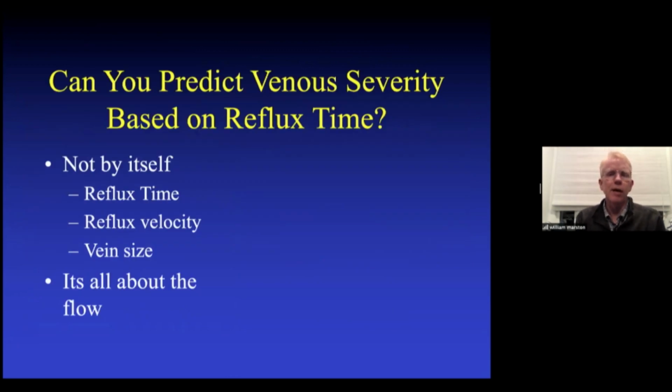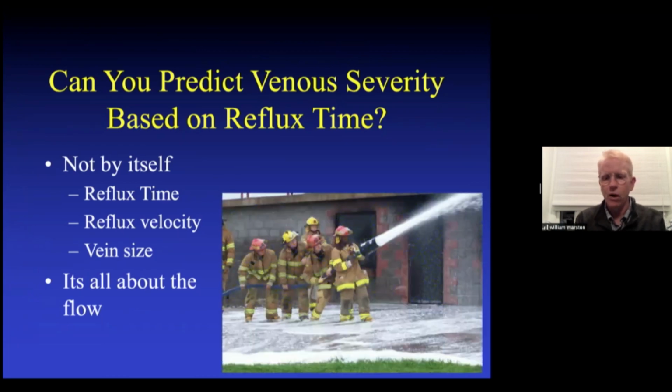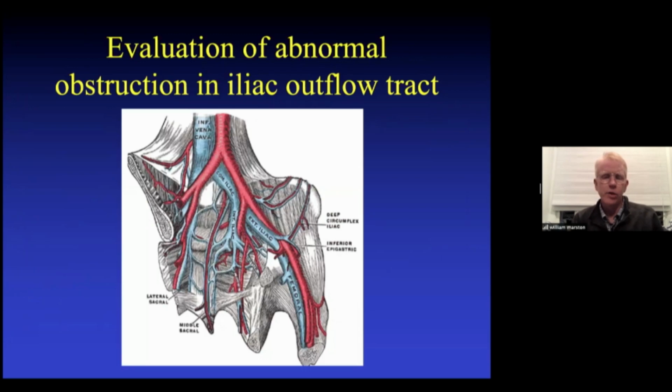So if you sum these things up, I was actually asked at the VEITH conference a few years ago, can you predict venous severity based on reflux time? And my answer was really not by itself. You've got to also put in there reflux velocity and the size of the vein, and it's all about the flow. Like you wouldn't go to a fire with a garden hose to put it out. You need a big hose with a lot of flow. And so, go through all these steps to figure out what you're seeing on your ultrasound and whether it's causing the patient's problems. And the last little bit I'm going to talk about is the compression syndromes and iliac obstruction